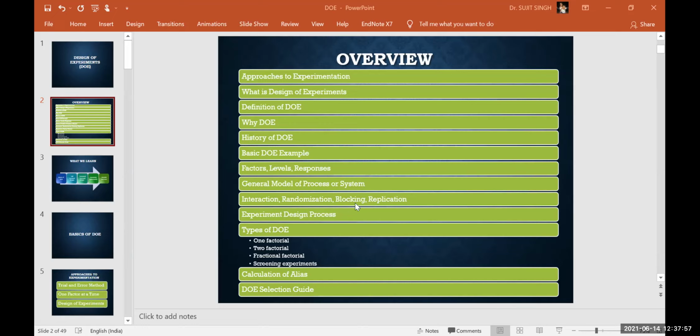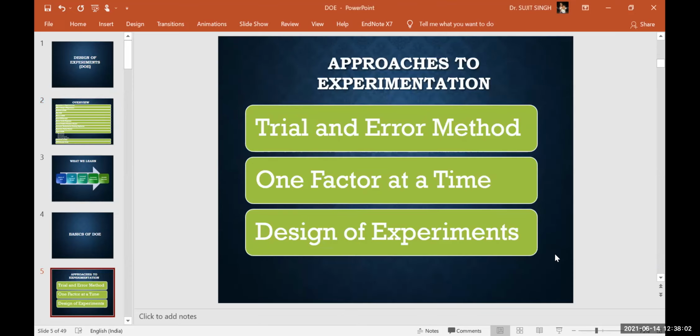So let us start with the basics. What approaches do we follow when we perform experiments? Sometimes we follow the trial and error method to achieve the desired result. In any experiment, there can be some variables that are in our control, and some output we want. By changing the magnitude or value of the input variables, we see what output we are getting.